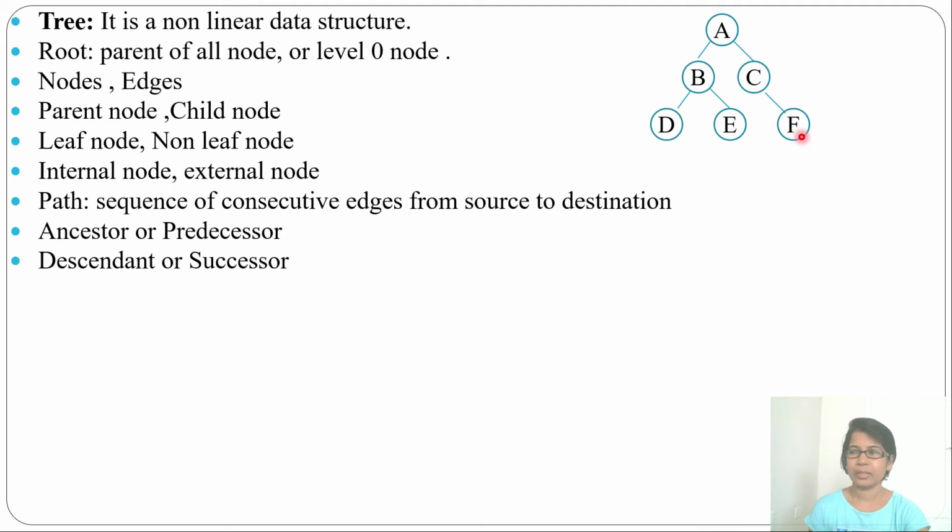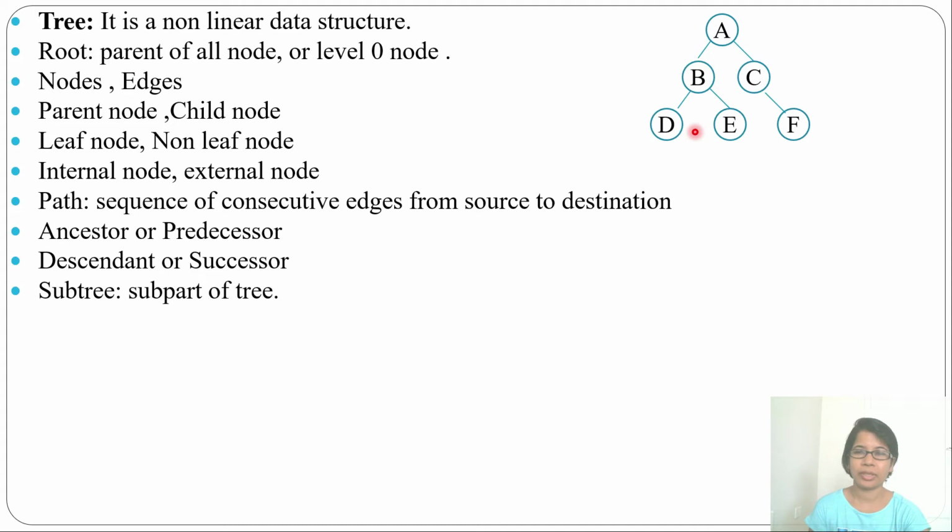But in one question, it said that the node itself and its child are descendants. So according to the question, they will define it; if something is different, they will define it. In that question, C itself was a descendant of C, and F was a descendant of C. But actually, descendant means its child and grandchild, like for A, B and D both can be descendants.